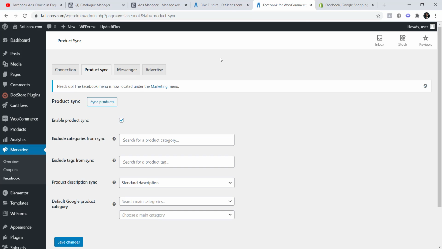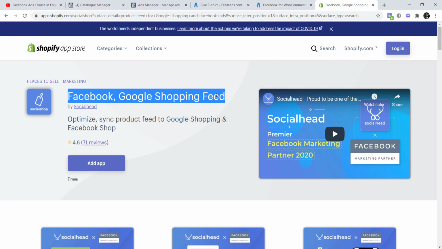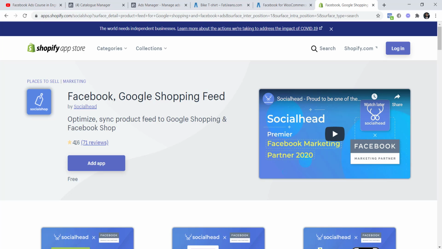And if you are facing any other problem, there are many apps you can use from the Shopify App Store, and from here let me recommend one for you. I recommend that you use Facebook and Google Shopping Feed. It's a free app and it has a very good rating. It has a 4.6 rating. You can use this app